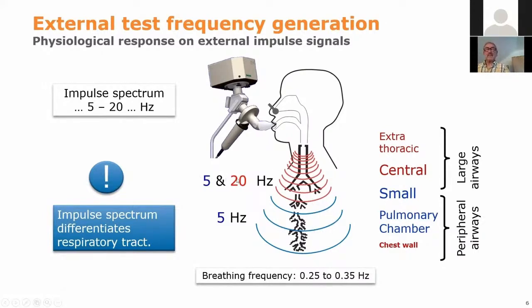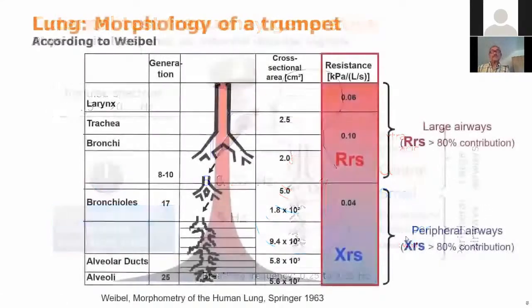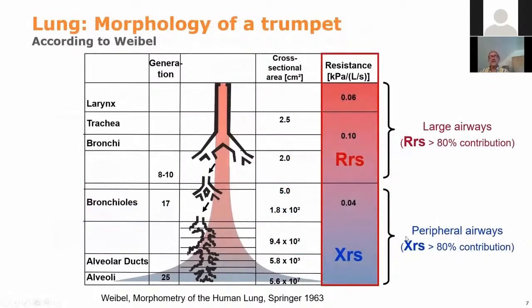In this way, by looking at the frequency response of the respiratory tract, we can clearly differentiate the extrathoracic airways, the central or large airways, the small airways, the pulmonary chamber, which belongs to the peripheral airways, and also the chest wall. And a little bit of physiology, and I go back to Weibel, who introduced the morphology of the lung